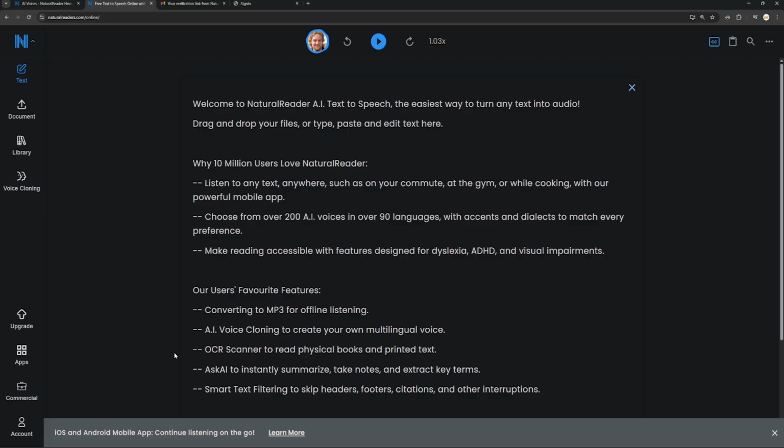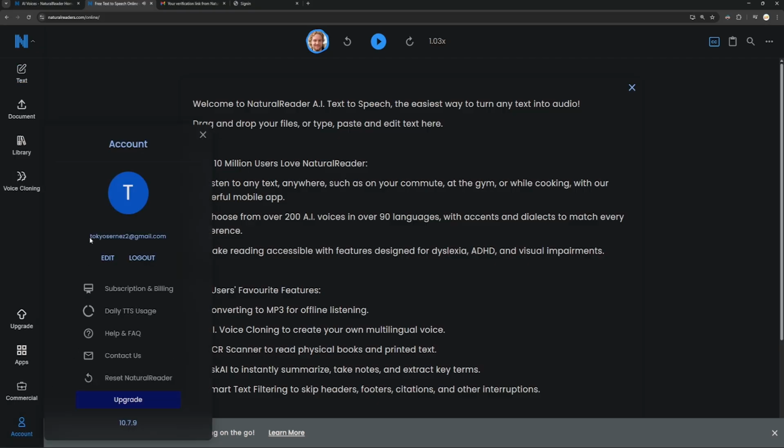So if you want to check your email, just click on account, and your email will be here and all